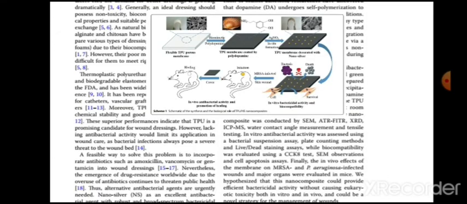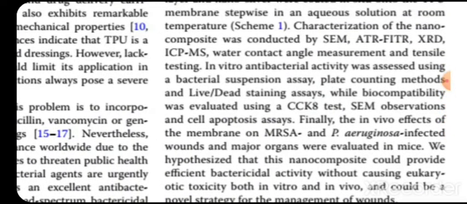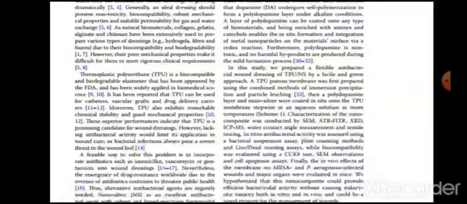One thing let me tell you: at the end of this introduction section, the authors have mentioned their objectives. You can write your objectives separately, like objective number 1, 2, 3, 4, likewise. It can also be done. Objectives of the project, and then number 1, number 2, number 3, number 4, after the introduction part. Fine, so that is all about chapter 1.